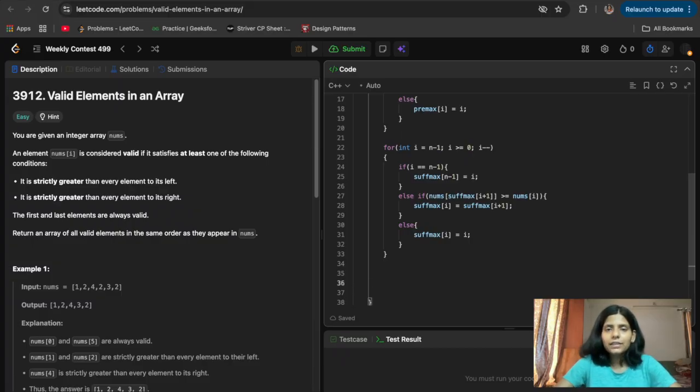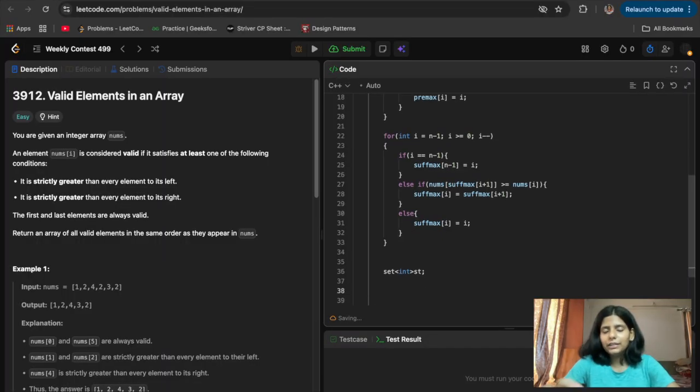Now I got the premax indices and suffix max indices, but I want unique ones, right? Some indices might be repeated in premax and in suffix max, and I want them in order also. So I will use a set, because a set stores elements in increasing order, and it stores an element with frequency 1 only, like it stores unique elements.